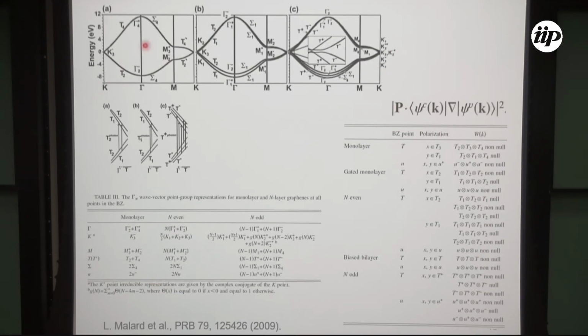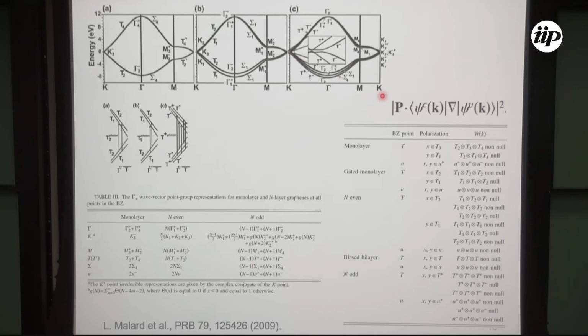If you look at the optical transitions, for example, along this high symmetry line T, you can calculate the selection rules for these optical transitions. For example, we start here with this T2 symmetry, and we have the T4 symmetry for the conduction band. If you want to make a dipole transition from the initial state to the final state, and you have some light polarized in some direction, you will represent the polarization vector of the light with some